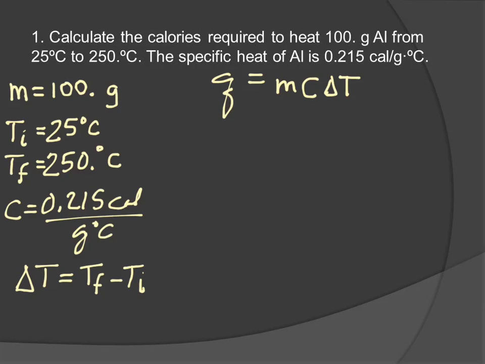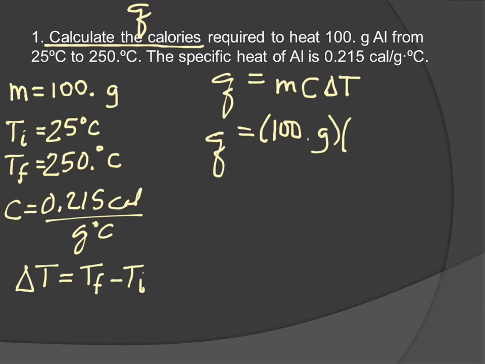It might be more helpful to you to write that equation out first so that you know, hey, I'm looking for an M, a C, and a delta T. Now the question is, calculate the calories. So we are looking for Q. And the equation is already solved for Q. It says Q equals. So what we need to do is we need to take our numbers and plug it into the equation. So Q equals the mass, 100 grams,